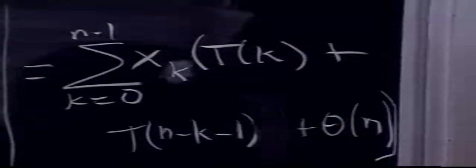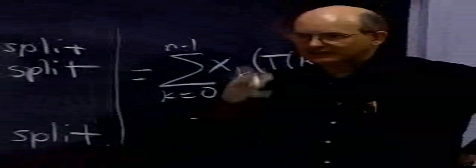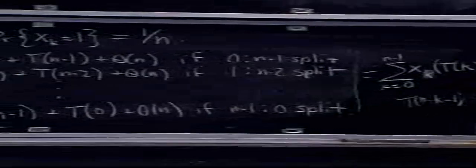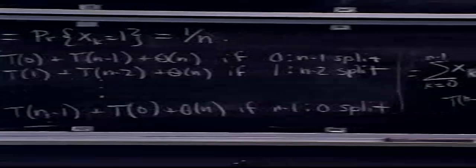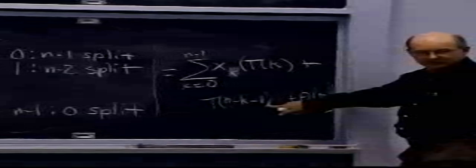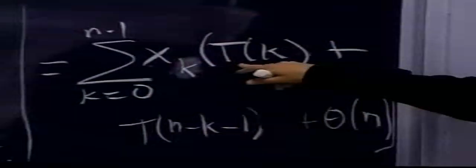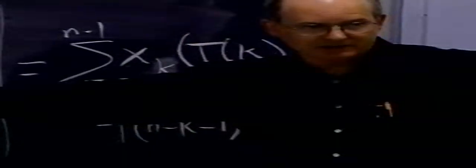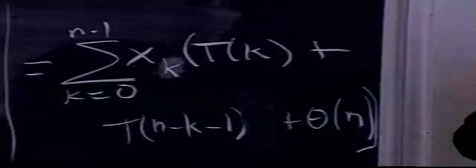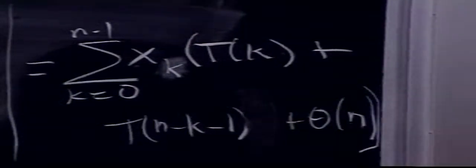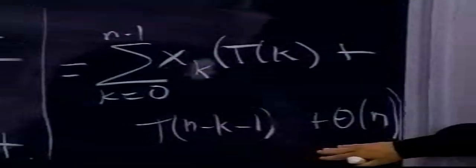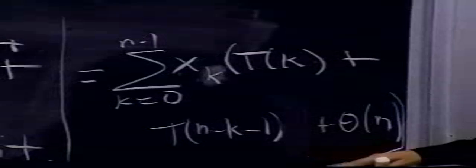Okay, so the idea here is what's going on? Well, only one of these things occurs. So the indicator random variable tells me which one occurs, and there it has a value of 1, and I get the value. For the others, it's 0, so nothing is added into this sum. That gives me exactly this behavior. So I'm able to reduce a case statement by this clever trick of indicator random variables into a summation. This is really good stuff. Very powerful technique.